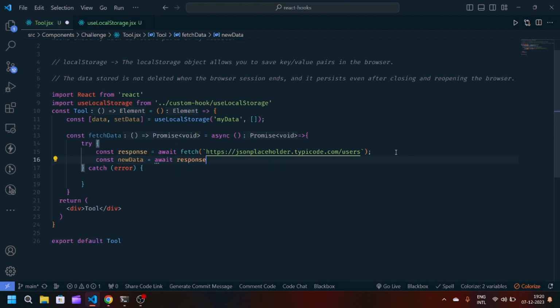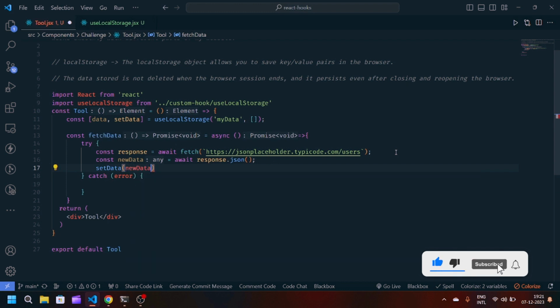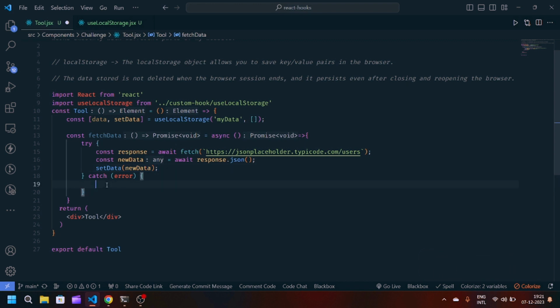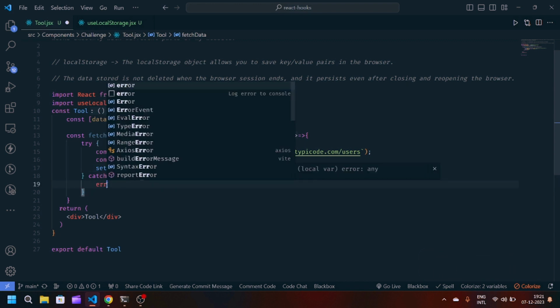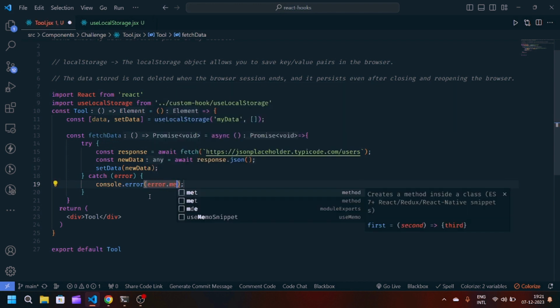Now we will write const newData is equal to await response.json(), to convert the response to JSON. So now we will update our final state, setData will be newData. So this will update the state, and in case by chance the API fails, then we will display the error. So console.error